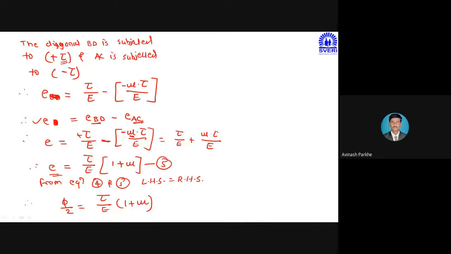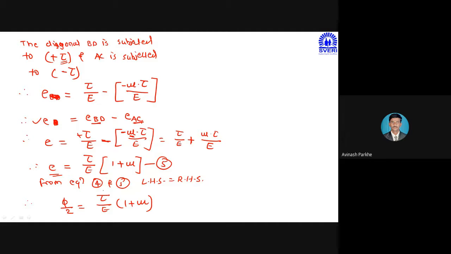Diagonal AC चे dimensions काय होते? Decrease होते. Therefore, here I have taken the minus sign and this mu represents the lateral strain. आपण त्या डायरेक्शन मध्ये डायगोनलच्या AC च्या डायरेक्शन मध्ये आपण स्ट्रेस अप्लाय केलेला नाही. Therefore, this is mu. So this minus minus here it becomes plus, and then I have taken this tau upon E outside the bracket. You will get the equation number 5.